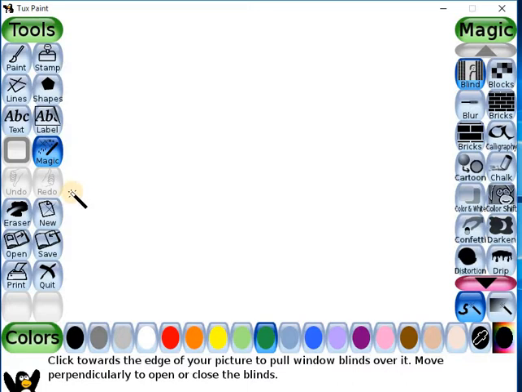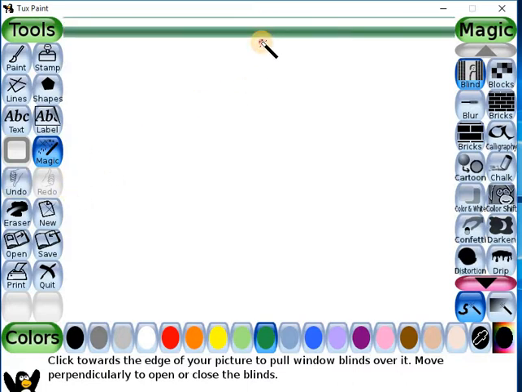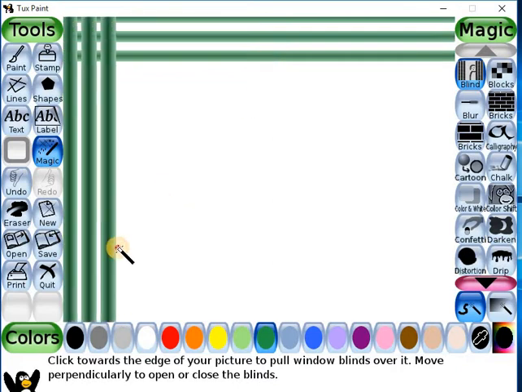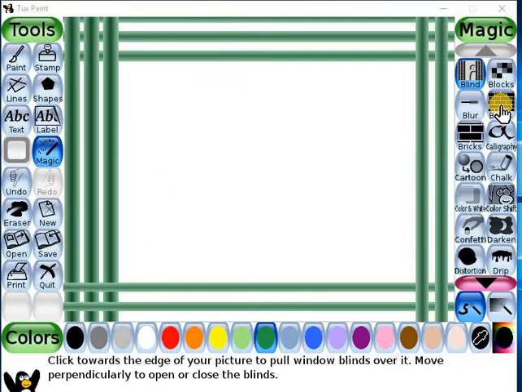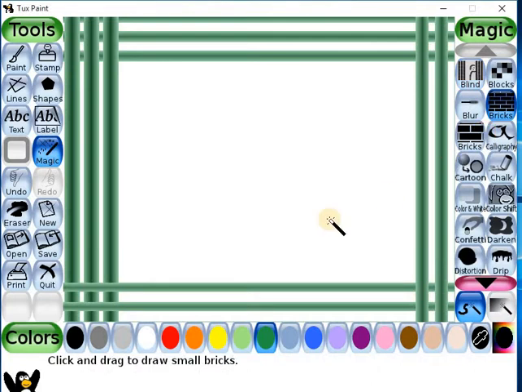This acts as a curtain and it can be pulled down and across. Next is the bricks effect. Two sizes are available here. We can select the smaller or the bigger size according to the place available in the drawing.